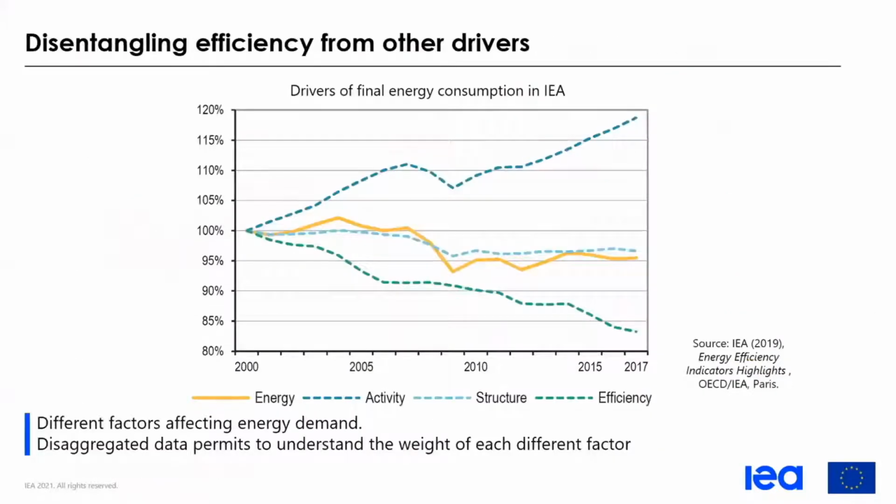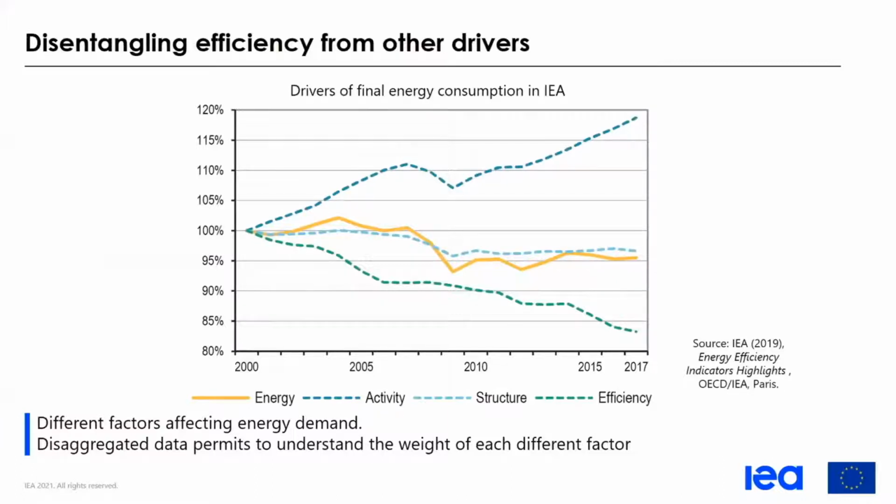So what drives energy intensity then? The efficiency progress is one of the drivers. For example, more efficient industrial processes will contribute to a lower overall intensity. But there are also other factors like the increase of the activity, for example, the increase of population, more houses, more cars, or the structural change of an economy. For example, a country switching from the industry to the service sector, which is less energy intensive, that also affects